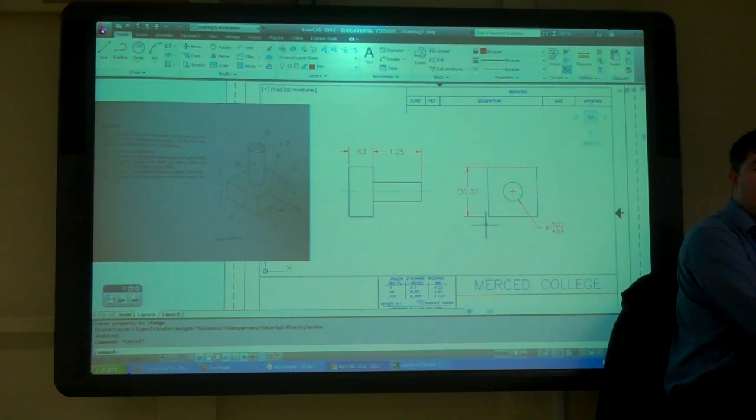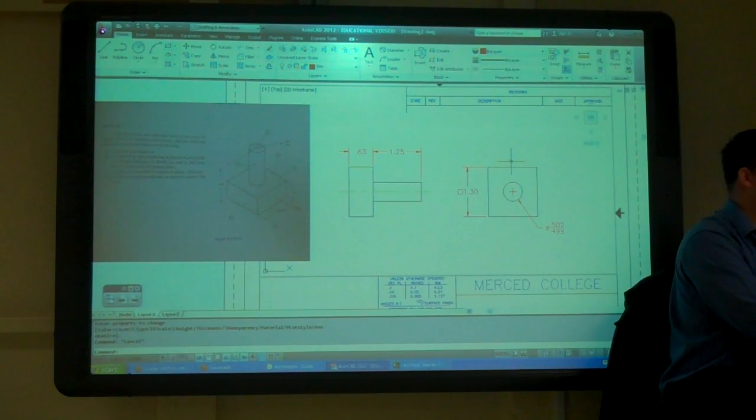Going to dimension. Right? Center mark. Will that make it go out there? If I do that, it's only going to put the center mark for the circle here. But if I want it to stick out beyond the square, you can lengthen it beyond the square. But this circle's small enough, it's only going to